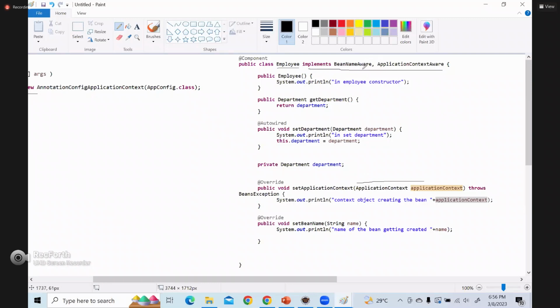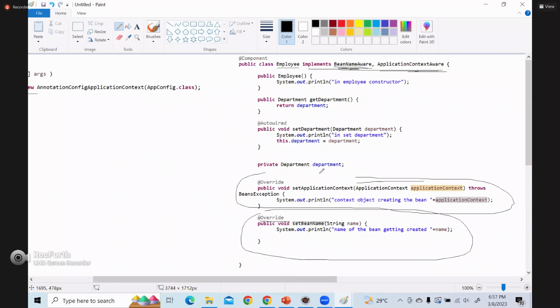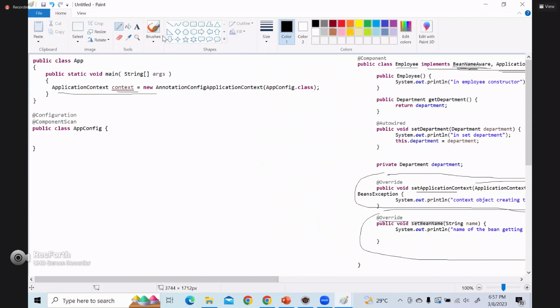These two interfaces are not compulsory. If you implement this interface, it has this method actually. That's why it is called override. This method came from the BeanNameAware interface. That's why it's called setBeanName. Similarly, if I implement this interface, it has this method actually. So ApplicationContextAware is setApplicationContext. So now what happens is, when your application context creates the bean,